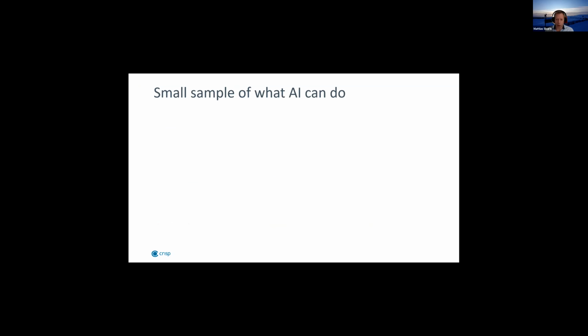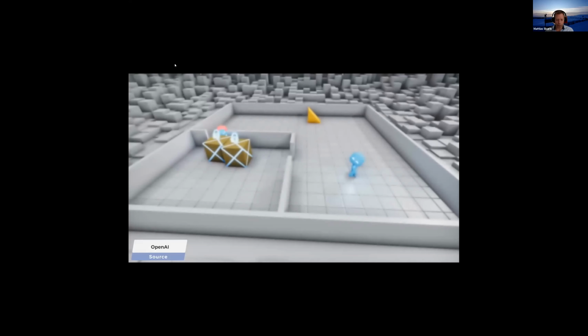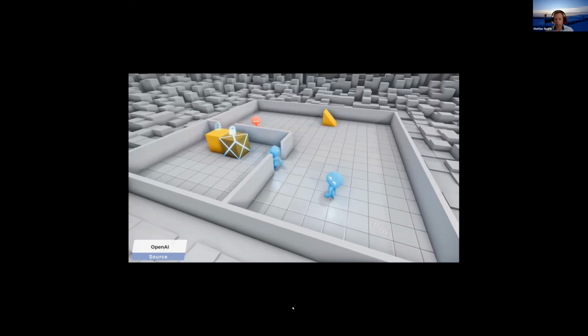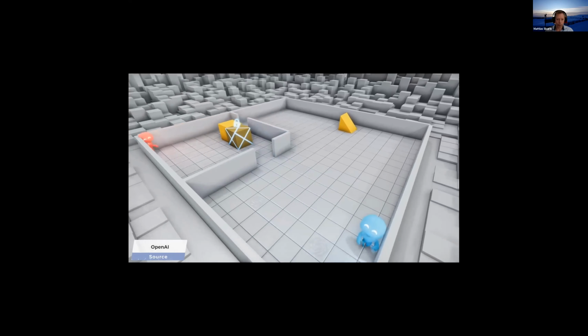Now, I want to show you a little example, just to give you an idea of what an AI can do, by showing a small video. It also demonstrates some surprising things that the team that developed this AI found out in the process. And the results are magnificent, amusing, weird. You'll see in a moment.